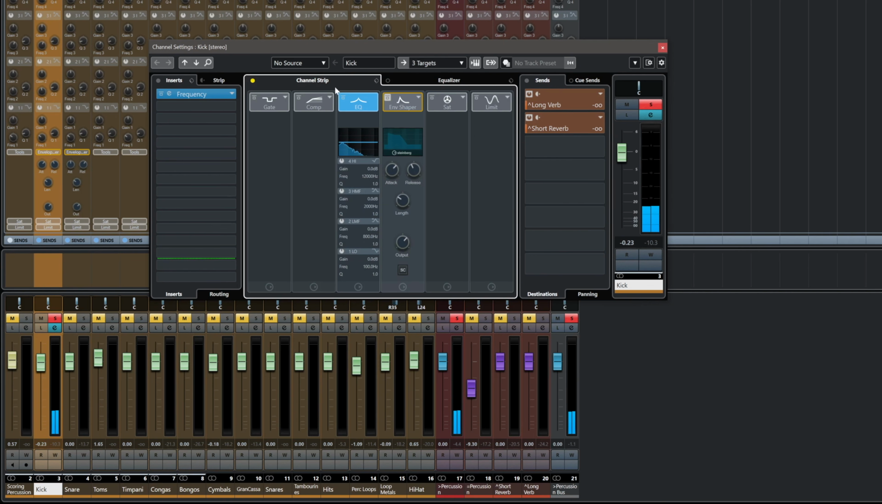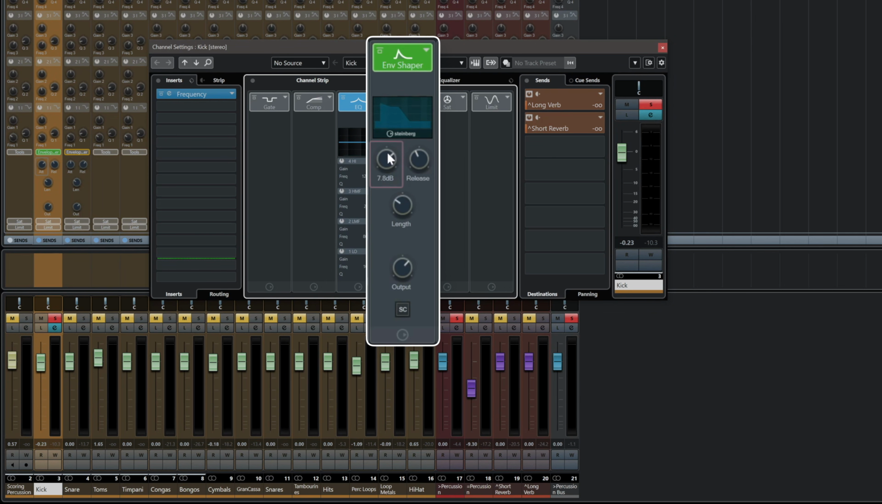So I'm going to go to my channel strip in Cubase, and I'm going to activate my envelope shaper. And as you can see, what I'm doing here is I'm enhancing the attack of the kick drum, but I'm also making it a little bit tighter with the release. Why? Because I don't need this kick drum to be very long and for this low end to be rumbling